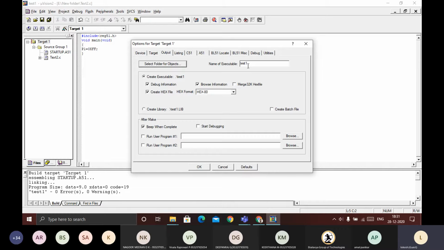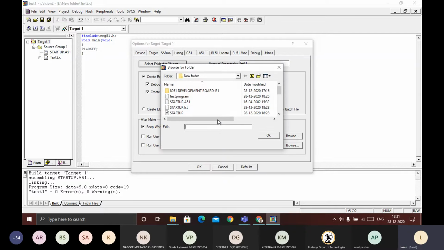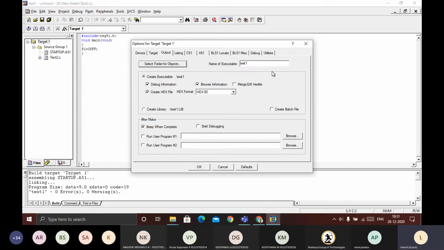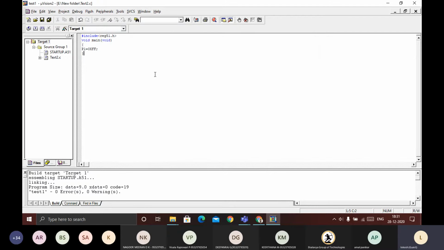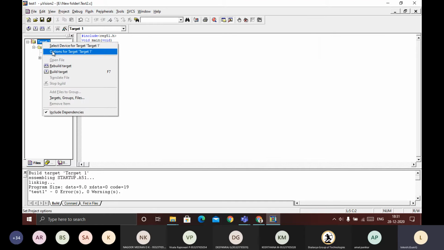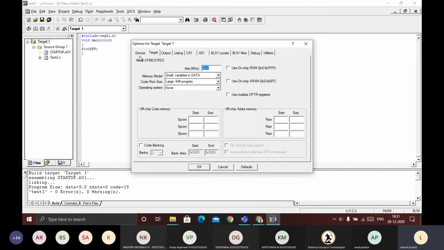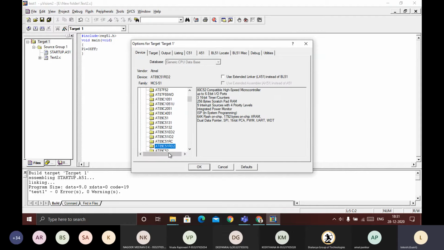Name of the executable is test1. Next, select the folder where you need to have this one. Whatever folder you require, you can select there, and you can generate. So please tick mark this one. So what are the things we have done? I will tell you one more time. Go to the target, go for the options for the target, then check the first tab.